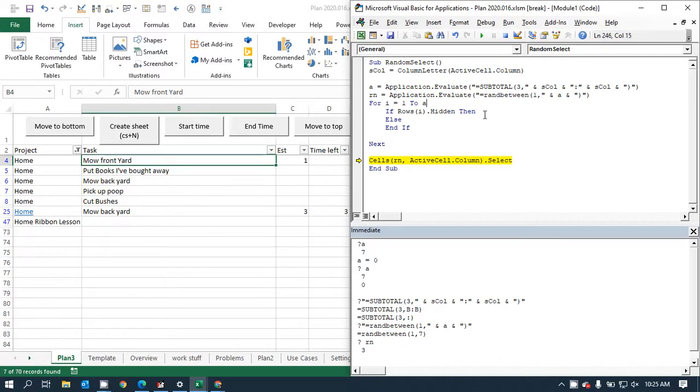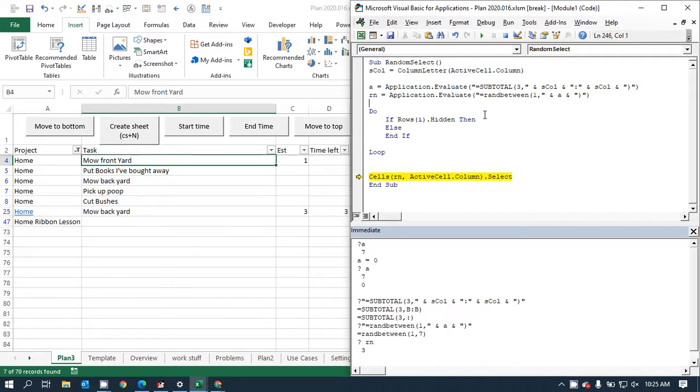We want to say do and loop. And we want to say I equals I plus 1. So if the row is hidden, we don't do anything, right? If the row is visible, we want to